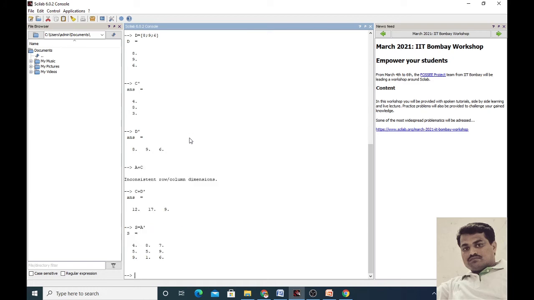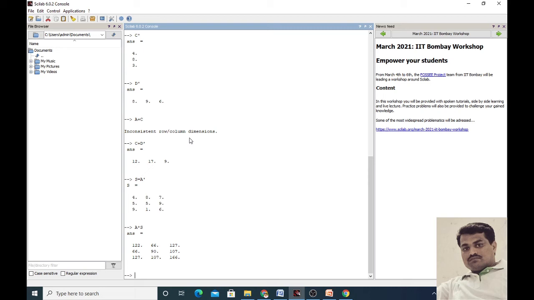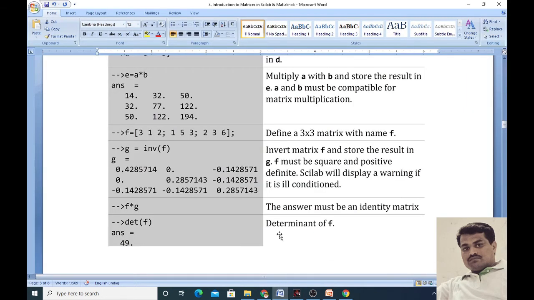And then we can take capital A into capital S, since both satisfy the condition for multiplication. Then we get A into S, which is the multiplication of the two matrices. Similarly, we can use DET, the command for finding the determinant of the matrix A.